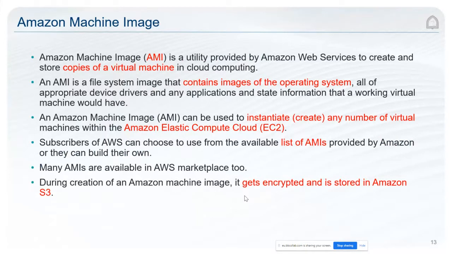There are machine images and machine instances in Amazon. The machine images, we call it Amazon Machine Image, or AMI. I don't know how they pronounce it in America. They pronounce it differently, but because we are in the Arab world, I used to call it AMI. So Amazon Machine Image